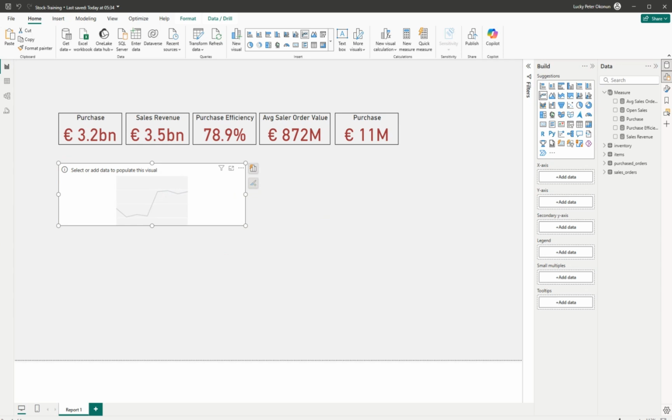Then we'll go to our date. We are going to use the date from the sales, and this is going to be the purchase date. So we come down to our sales, go to our transaction date, and click on year,